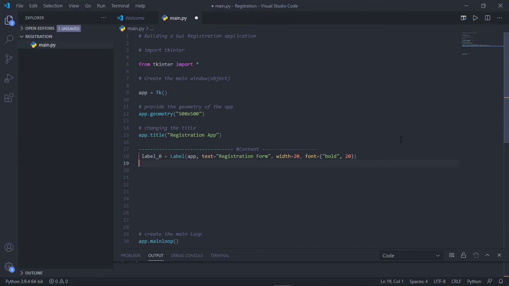So here I will simply call the variable name label 0 dot place. Now it takes in two parameters, the x coordinate and the y coordinate. Now where should it be? Since I've done this already, I have some values at random that I've already selected. So I want to give x 90, and let's say y comes at 60. I'll explain this in a bit. So when I save this and I run,